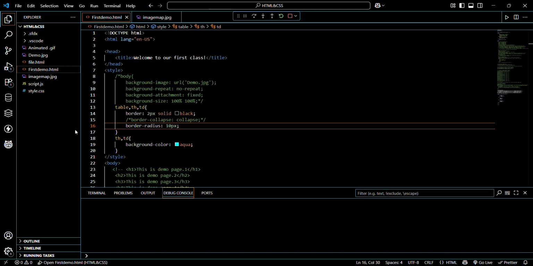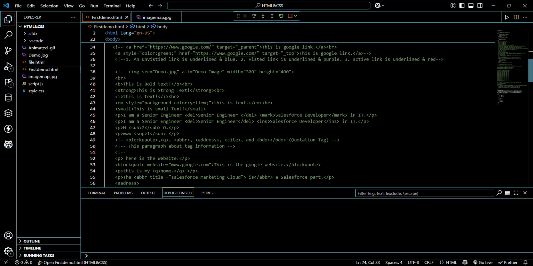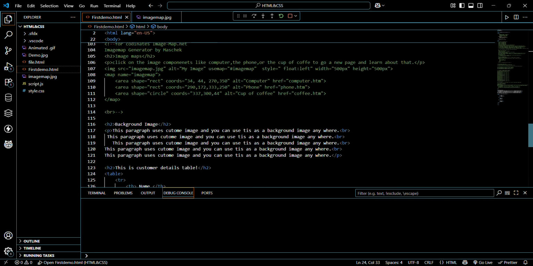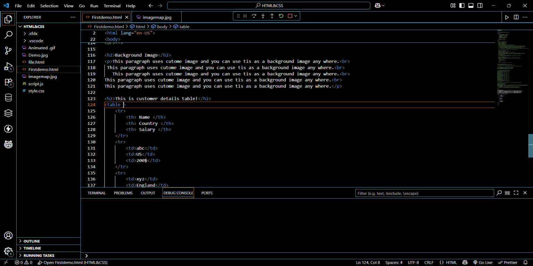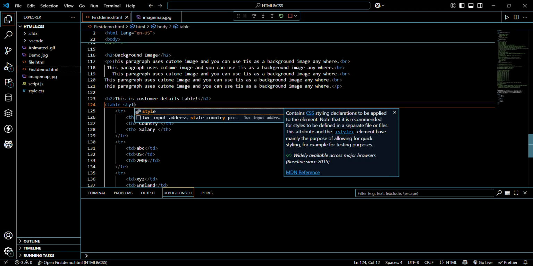Mm-hmm. You can see my screen, right? Yeah, I can see it. Yeah, so now you can see like it looks like round shape. So like this you can style your border also. Okay, so